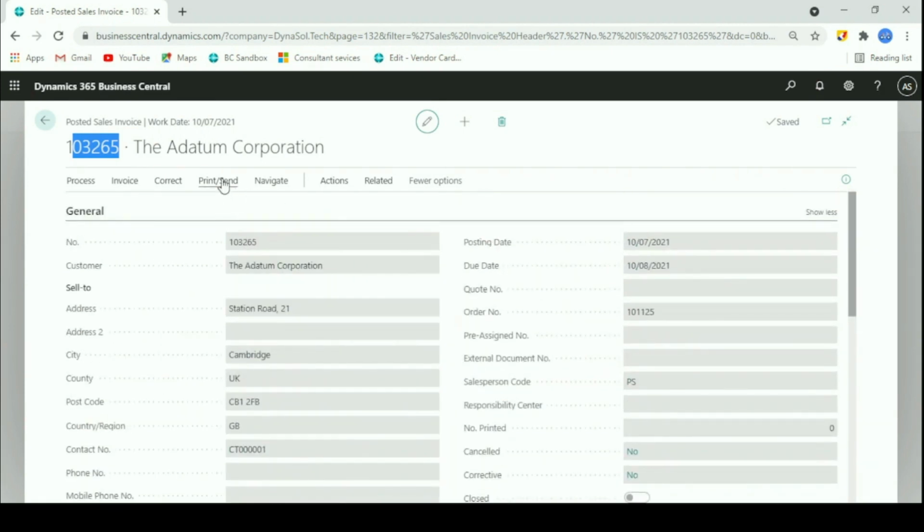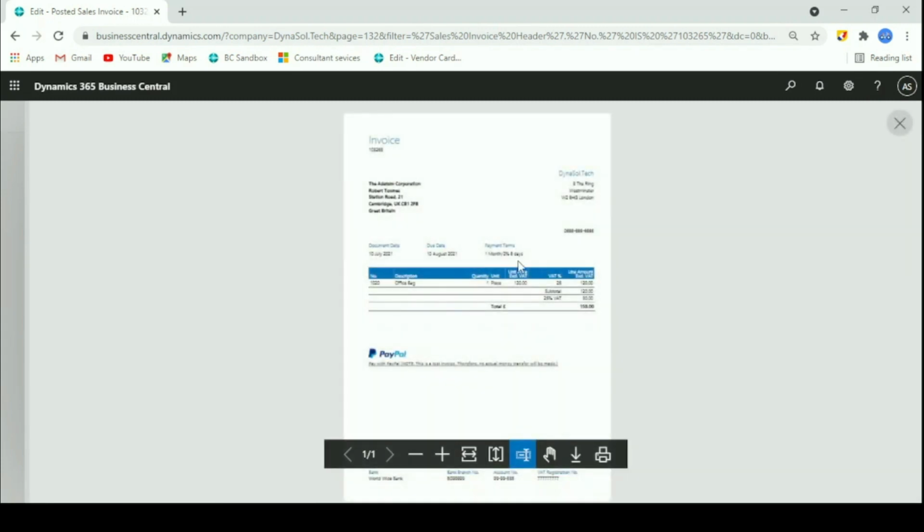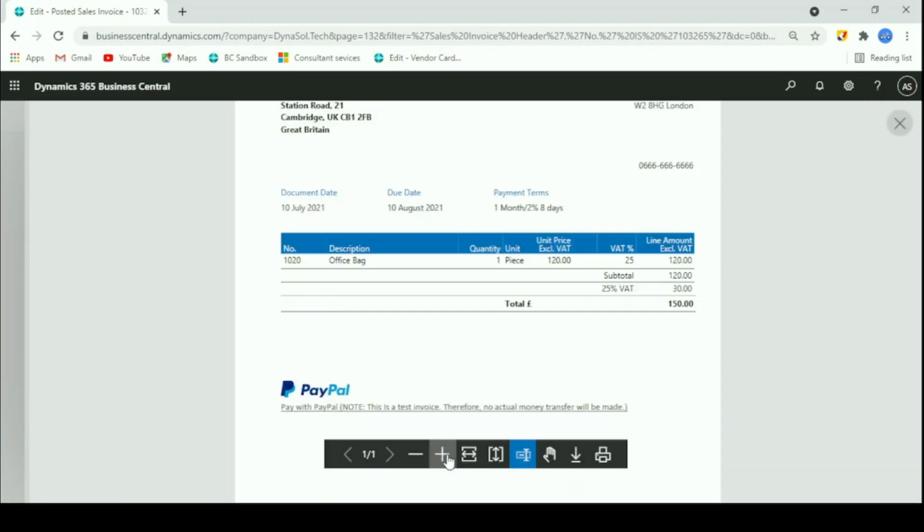We can just simply print by clicking print preview. Either we can print as well. So here is the invoice we just got.